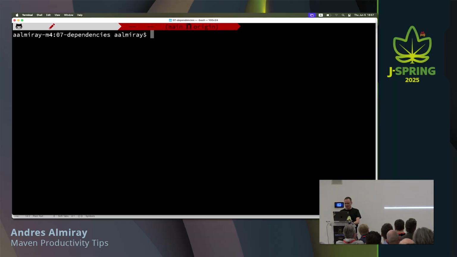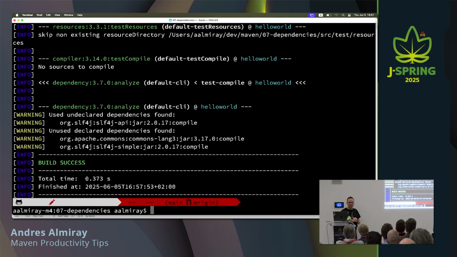I can say invoke Maven dependency analyze, and this will tell me that I have an undeclared dependency, SLF4J API, because that's what I'm consuming in my source files. And I have declared 2 dependencies on my POM file that I'm not actually using.